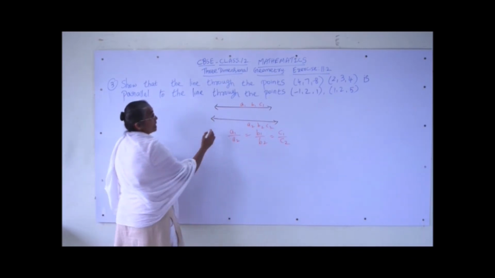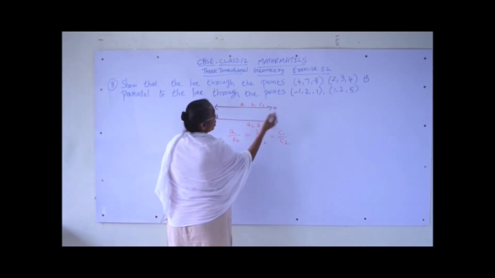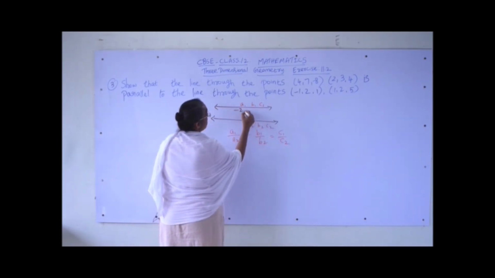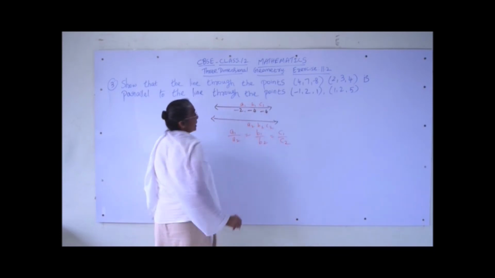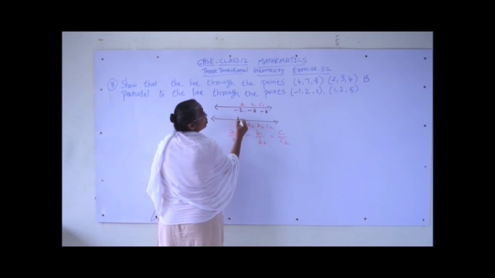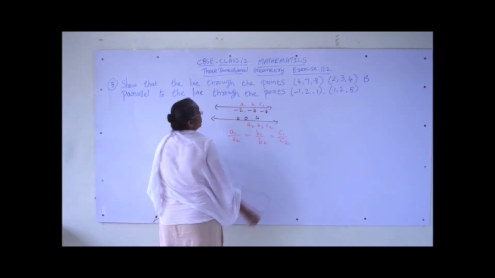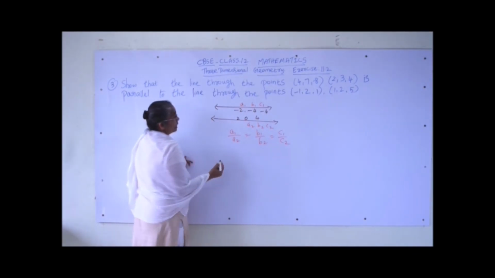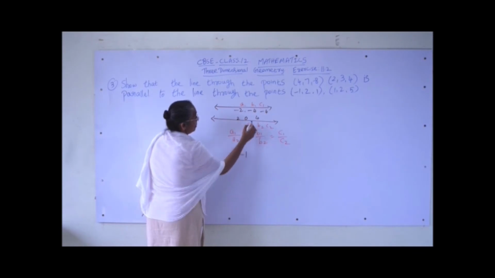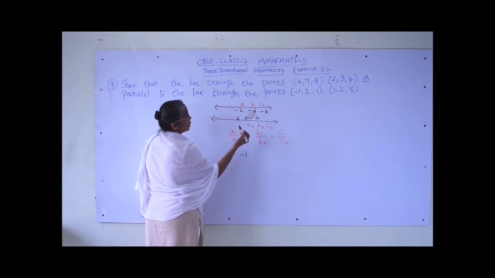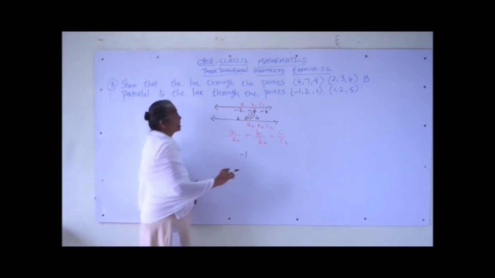So, the first line DRs are nothing but x2 minus x1, y2 minus y1 form. So, 2 minus 4 minus 2, 3 minus 7 minus 4, and for the second line 2, 0, 5 minus 1, 4. So, now A1 by A2 we are getting 2 by minus 2 which is minus 1, but B1 by B2 we should not get 0. So, yeah, there is a mistake in the question.